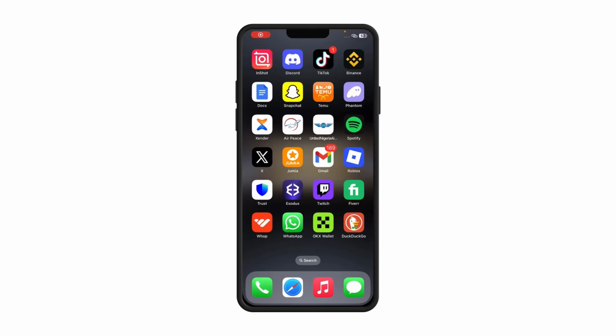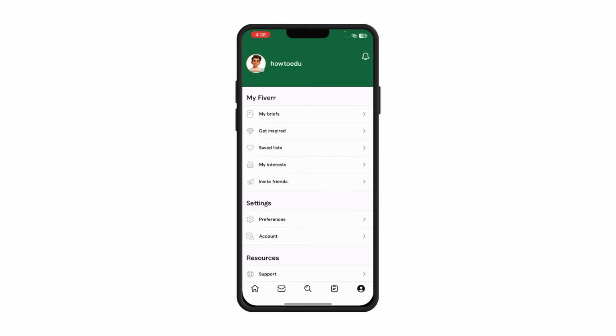In this video, I'll show you how to set up a Fiverr account. So what you need to do now, make sure you have created a Fiverr account. So log in on your mobile. So this is a Fiverr account now, but for you to be able to get the full settings, you need